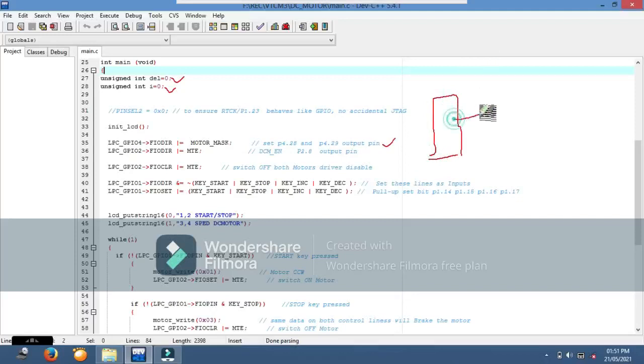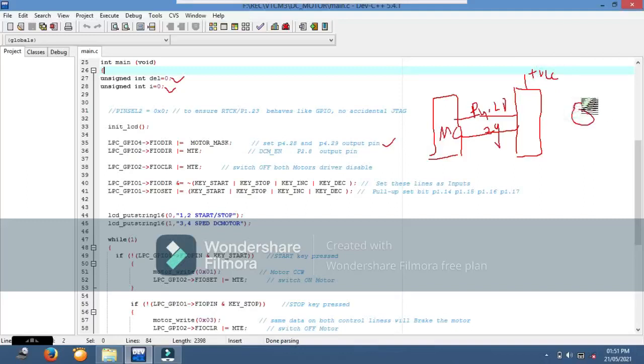Pins P4.28 and P4.29 of the microcontroller are both connected to the motor through a driver, which is required to pass more power to our motor.